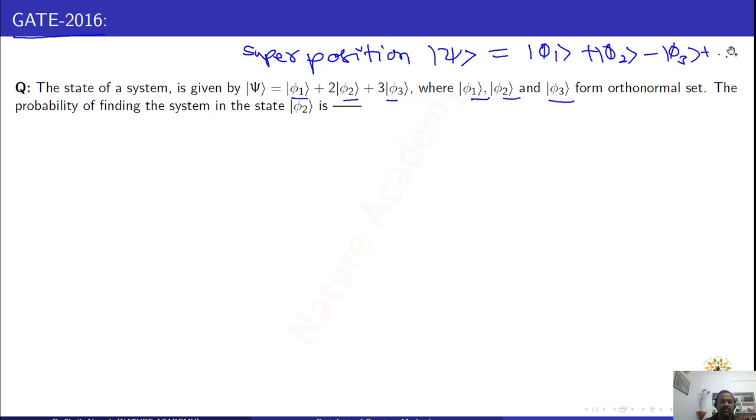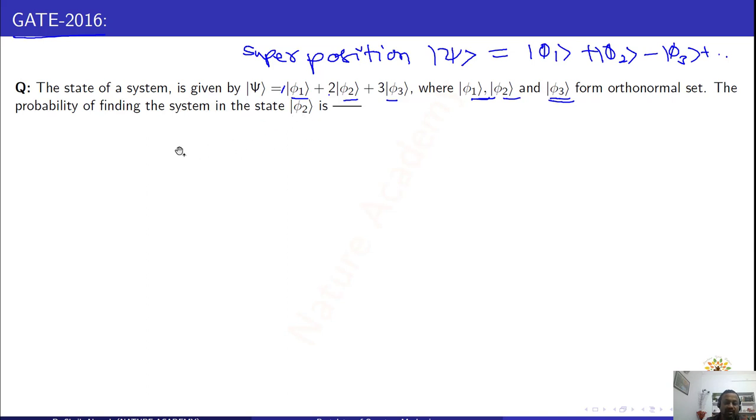Anything you can write. In the same way, here the state of the system is given by psi equals a combination of three other states. The eigenvalue of psi1 is 1 here, the eigenvalue of psi2 is 2, and the eigenvalue of psi3 is 3. These are the coefficients, right? So there are three non-degenerate eigenvalues, and these wave functions form an orthonormal set. Then the probability of finding the system in the state psi2 is given by: